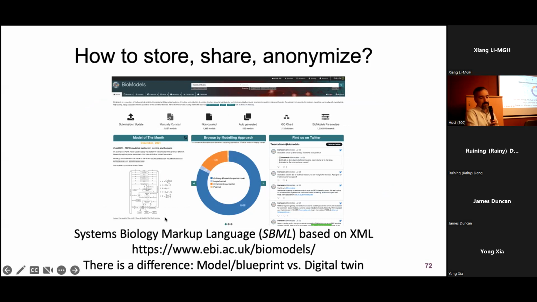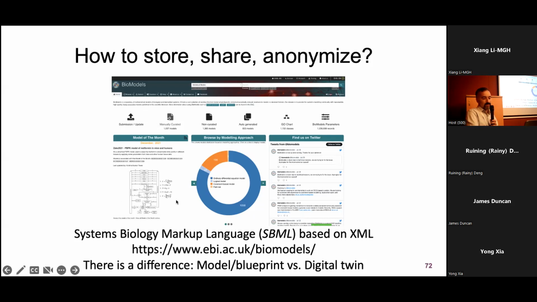So there is this format, the Systems Biology Markup Language, SBML, which is based on XML, that can encode these relationships, right? For example, the ordinary differential equations. MATLAB has its own thing, and Python various things. You may want to check out this webpage. This BioModels webpage has a lot of models. It's a venue for people to share their